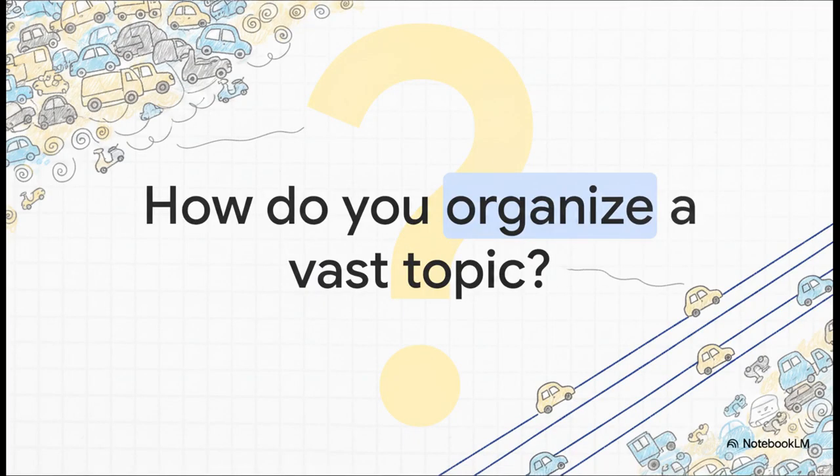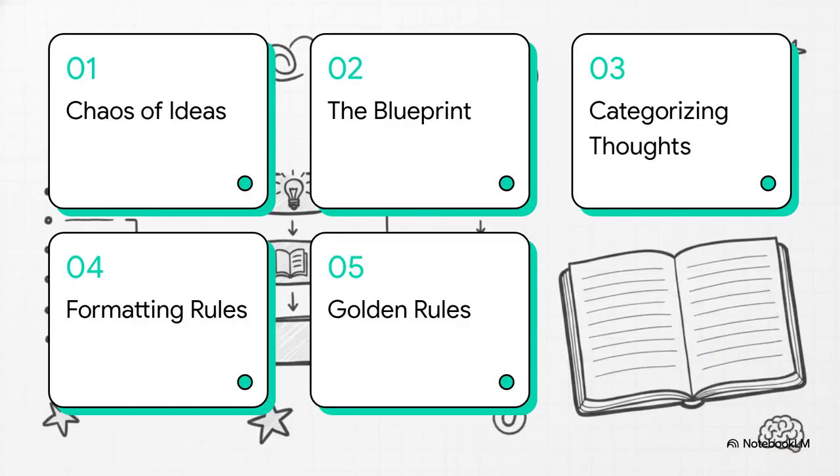How on earth do you take the absolute chaos of your raw thoughts and actually turn them into a compelling piece of writing? I want you to imagine your initial ideas as a massive, crazy traffic jam right in the middle of your mind. You've got cars honking, vehicles swerving in every possible direction. It's just total gridlock, right? So how do you clear that up and get a smooth, logical flow going? Well, the answer lies in the very structure of how we approach information. And to get us there, here's our roadmap for today.